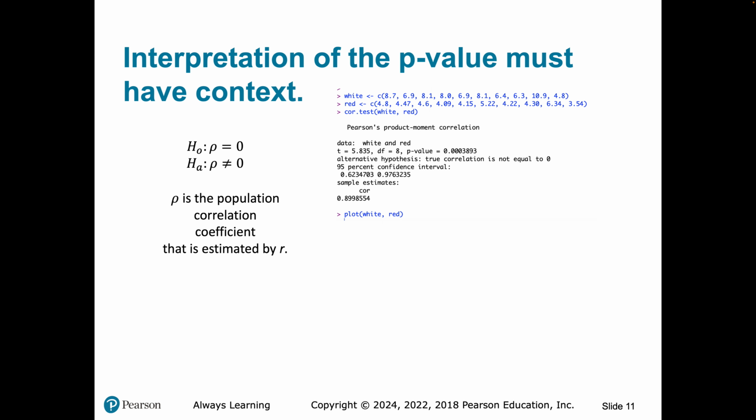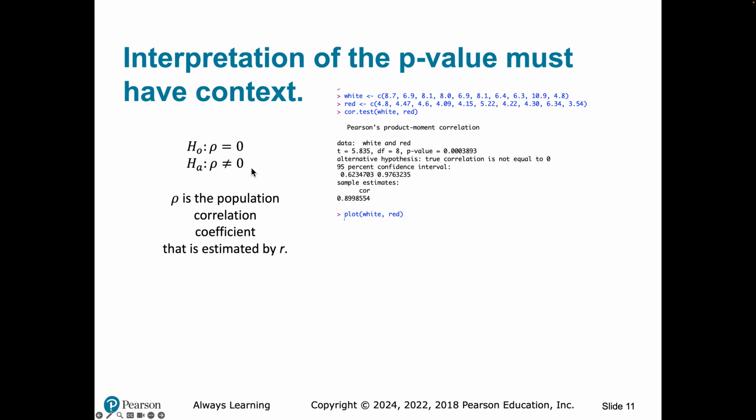So let's interpret this in the context of the null and alternative hypotheses, as we must. That p-value, which is statistically significant at the 0.001 level, has no meaning unless we know context. The context here is that the population correlation coefficient is equal to 0. That's the statement in the null hypothesis. The alternative hypothesis is that the population correlation coefficient is not equal to 0. The null says there's not a linear relationship. The alternative says there is a linear relationship and the slope